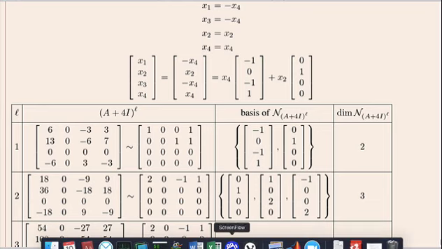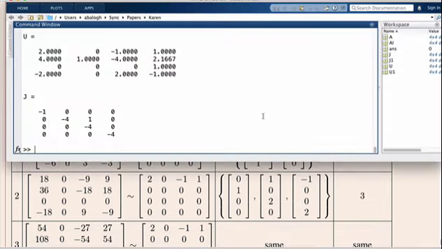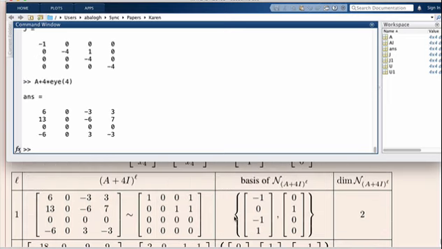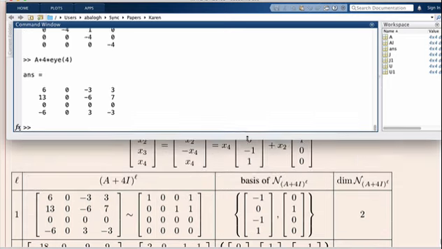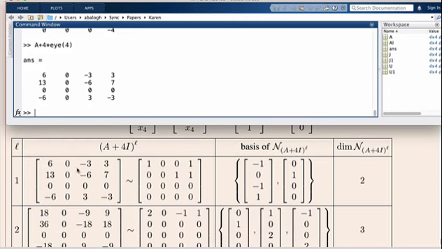But anyway, this is a long calculation, so it's better to form this table, which means that we form A plus 4I. So we have A plus 4 times I of size 4 by 4. Then if you want to check what the reduced row echelon form,